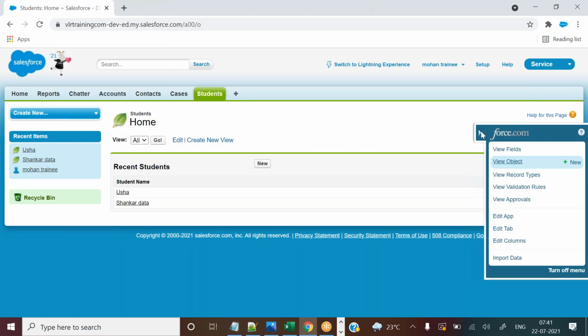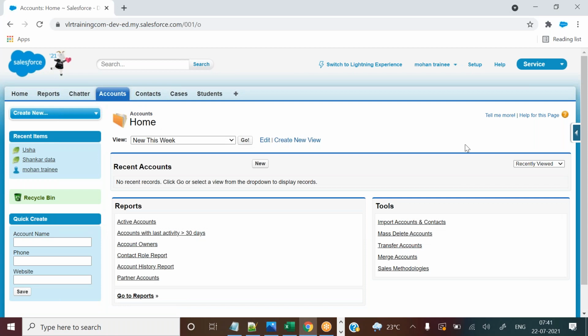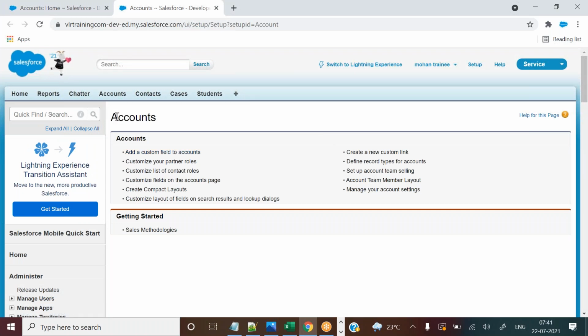Okay sir, and you might have one more question. These are the accounts, contacts, all other objects. Suppose I want to access the account object and account fields quickly, how can I access it? I need to go to the accounts tab, click on it, click on this one, and you can see view object, which simply takes you to the account object.